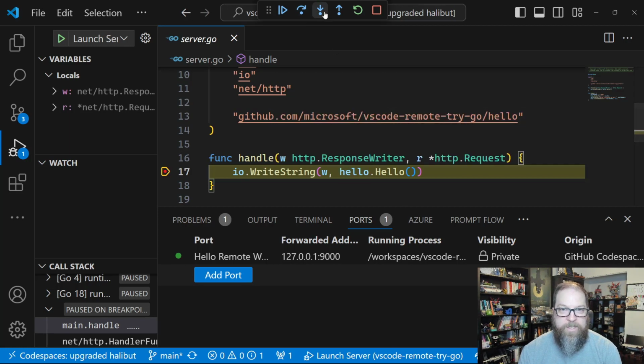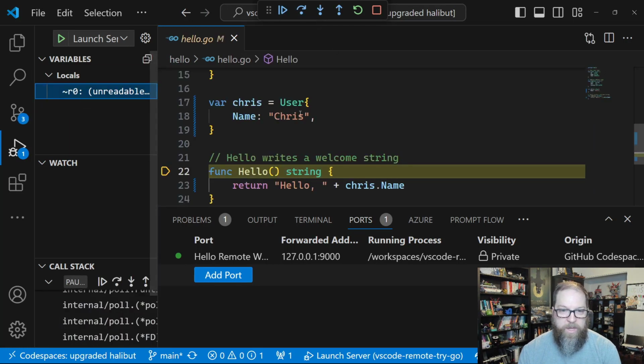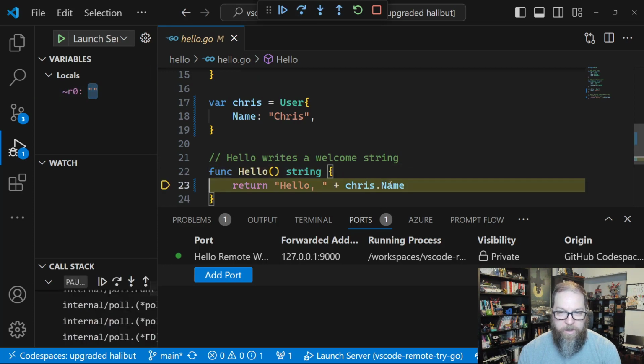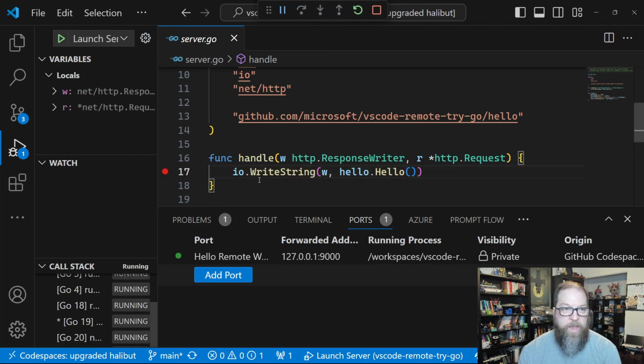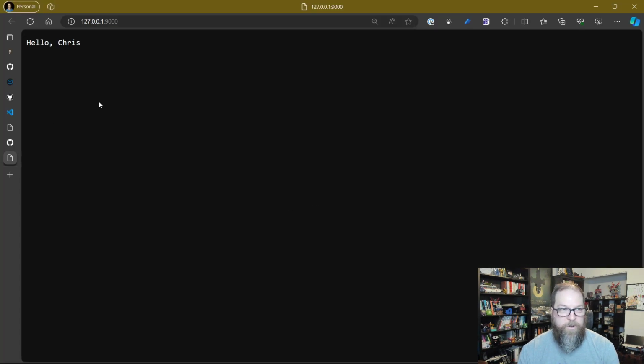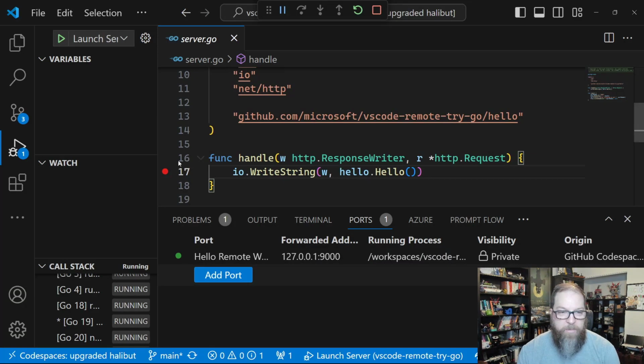I can step into it. I've got my locals I can look at. I can see my values by mousing over them. And if I go ahead and hit the response, there it is on my page. It finally came back. So I can remove my breakpoints,